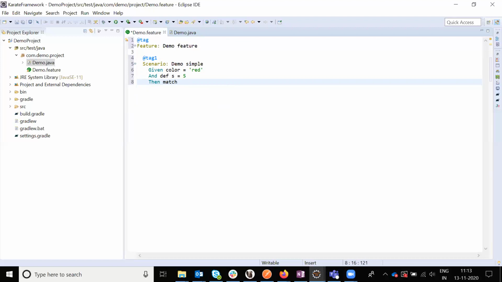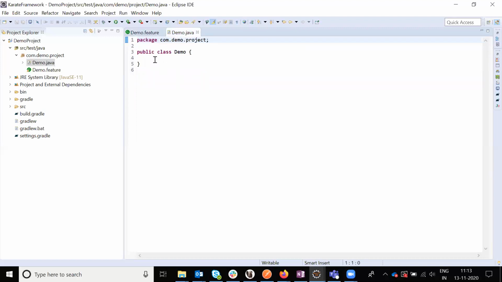Match red 5 equal to color plus s. Yes, this is my feature file.